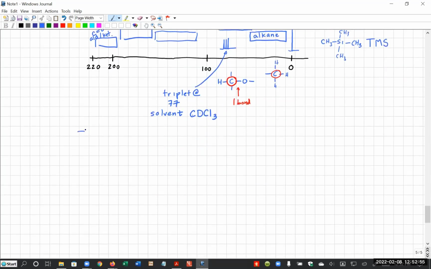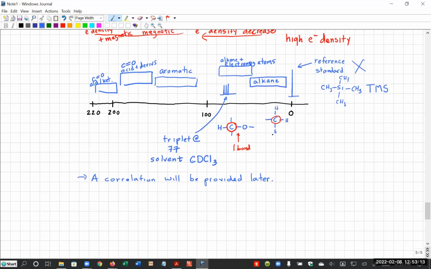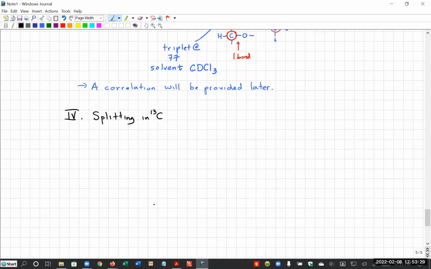So I'm just going to say a correlation table will be provided later, because I didn't have a chance to get it in there. All right, next thing I want to talk to you about is splitting in C13. Okay, so first thing is